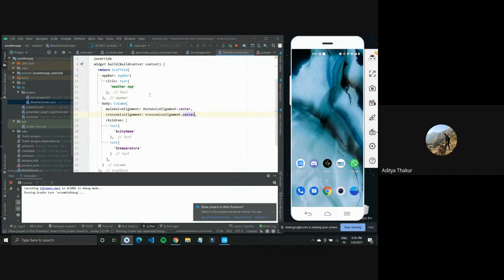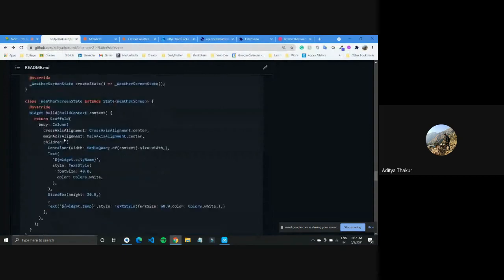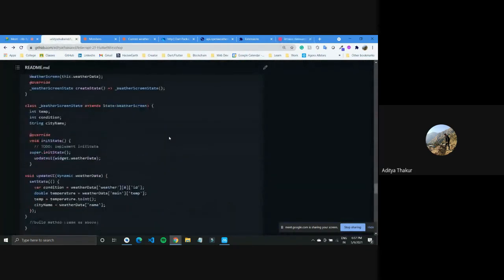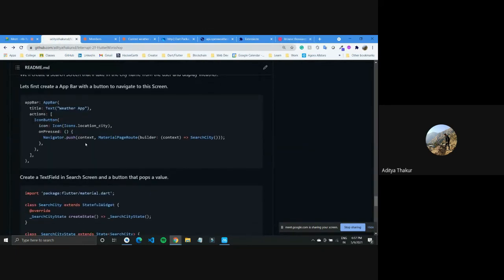Other than that, we are almost done with it. The last part was using the city name. You can modify the UI according to some design that you prefer, but we won't go into the depth of that for now. But if you want to instead search a city to get data, it would be something similar.